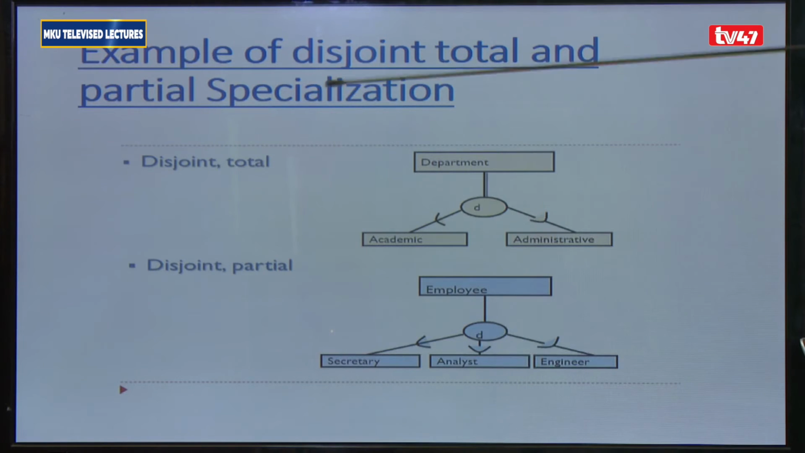So going back to disjoint total, it means that a department must belong, not may belong, no, must belong to one of these two. Must be either academic or administrative. Let us go to the next